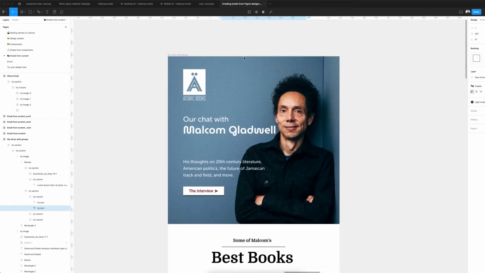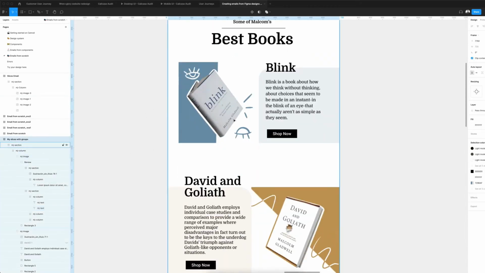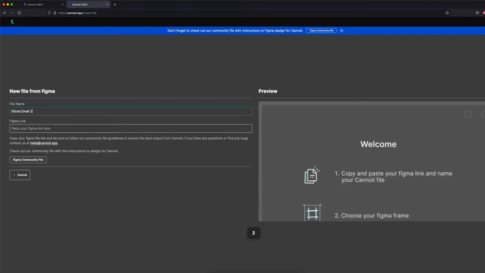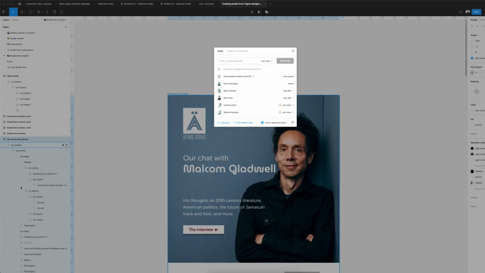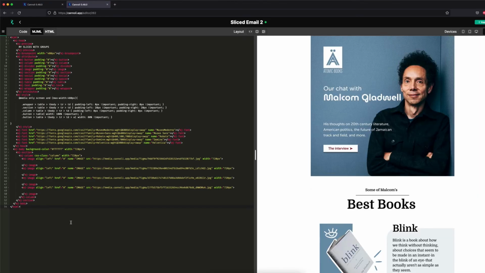What I love about this approach is it gives a lot of creative freedom we sometimes have to tone down when dealing with email due to technical limitations. But with slices, anything goes, since they are images in the output. As you can see on my screen, the output is exactly the same as the previous one. Each MJ image group was flattened and acts as a single slice in our MJML code. And again, we just need to add preview text and add links to our slices.